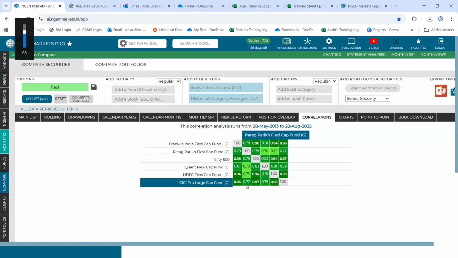Is it only related to NAV movement, or is it about how the funds will be impacted overall, in terms of what stocks are being selected within these particular schemes, maybe these two schemes, ICICI Large Cap and Parag Parikh Flexi Cap? So maybe the schemes within these funds, how they are correlated. Just a question, is it only limited to NAV or the portfolio of these particular schemes?